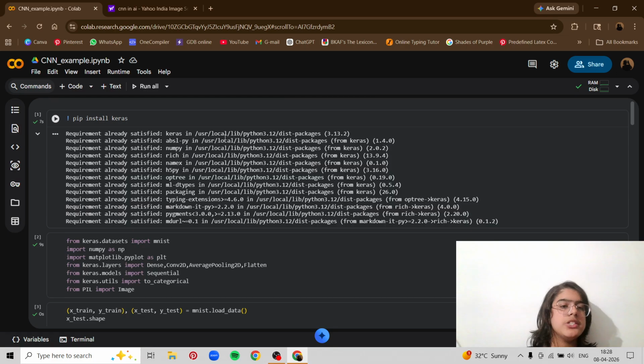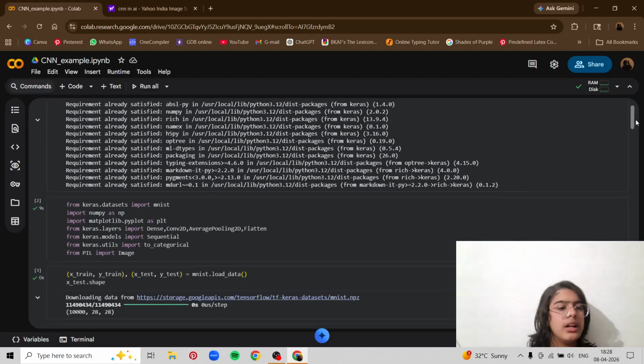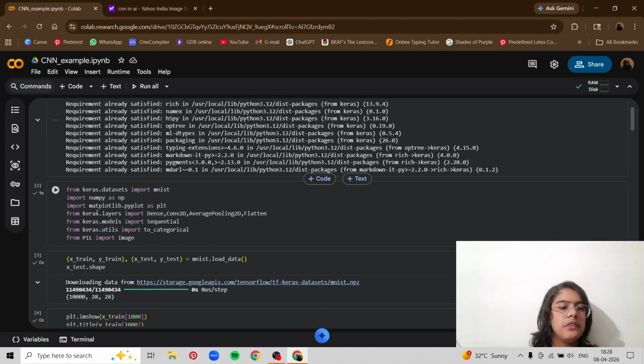So now first you have to install Keras. So pip install Keras. Don't forget to pull double L install. And once you've installed Keras, you won't be needing to install Keras in any other of your files, because it will just get installed in the Colab if you use Colab. Otherwise, if you use something like PyCharm, which I used to use before, you'll have to install it every time, because every project has different pip install lines. And then we have a few imports.